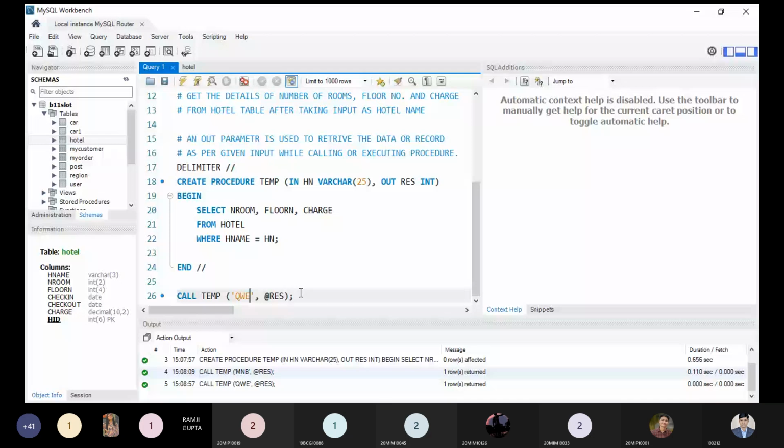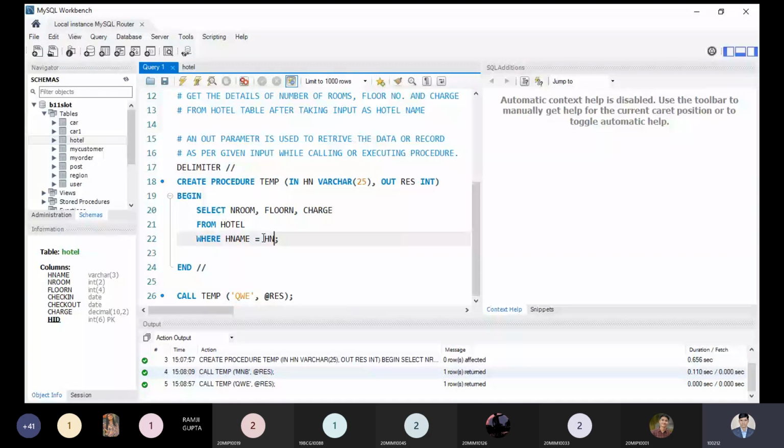I have already written over here: an out parameter is used to retrieve the data or record as per the given input. So I am giving the input that is KWE. What will this query do? This query will provide our column names, the number of rooms, floor number, and charge, from the table hotel, based on the condition.